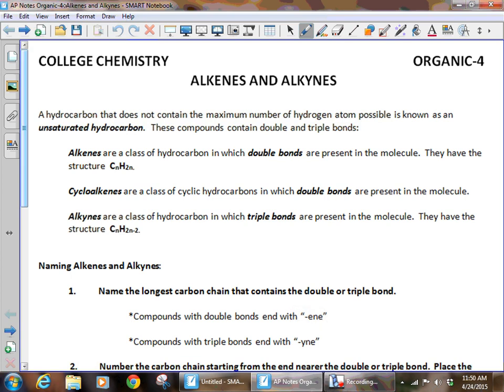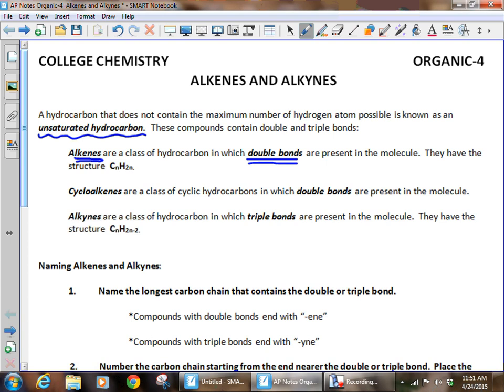Today we're going to talk about alkenes and alkynes. They are two other groups of organic compounds that are considered to be hydrocarbons. They're called unsaturated hydrocarbons because they contain double and triple bonds, and they don't have as many hydrogens as a saturated or alkane hydrocarbon. So alkenes have double bonds, as it says here, and you can get their formula by